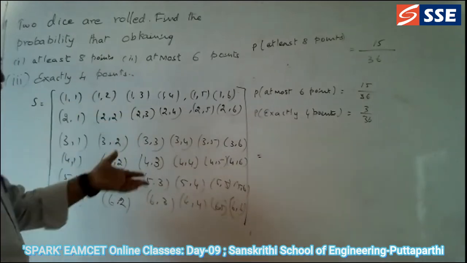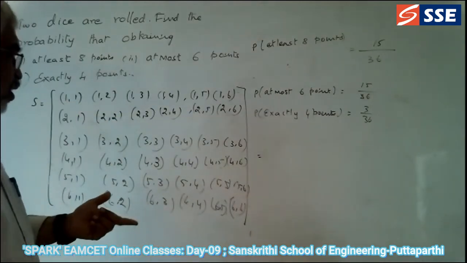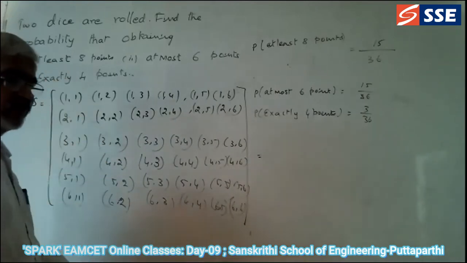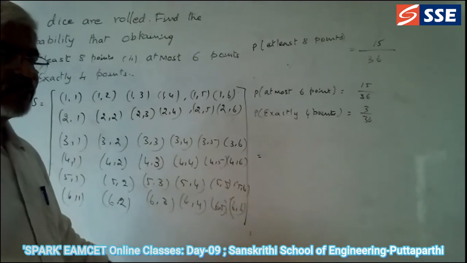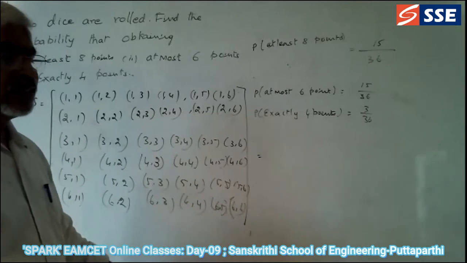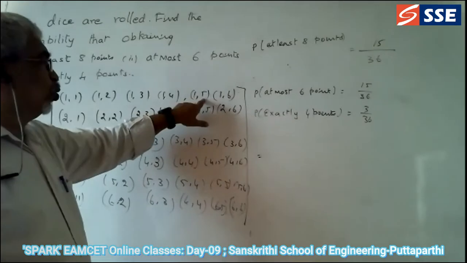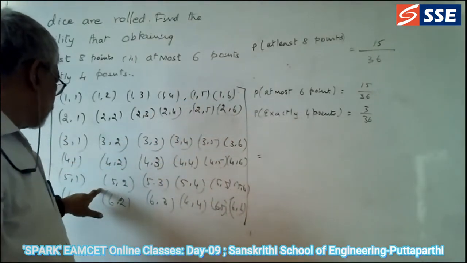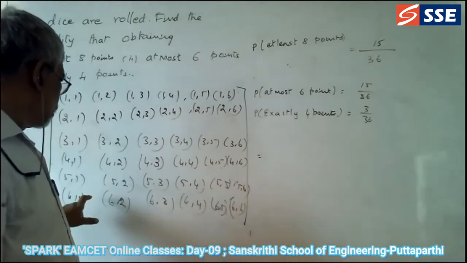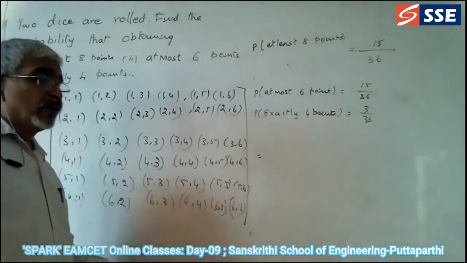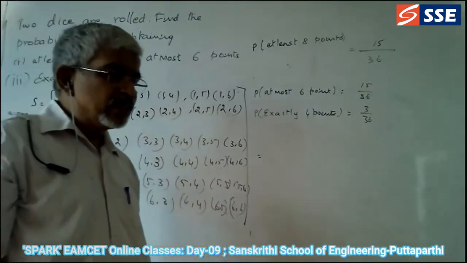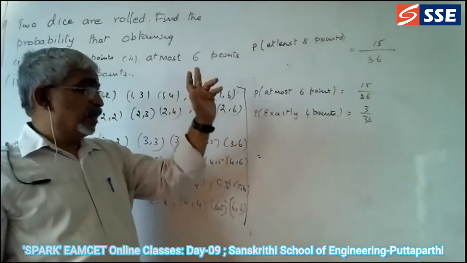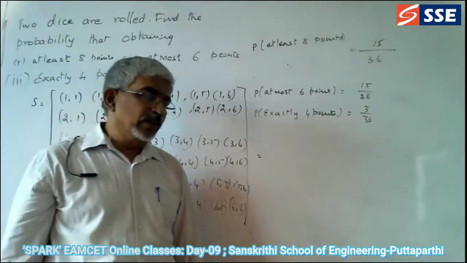Now I can ask some questions straight away. I will ask now so that you can find at least 6 points. At least 6 points, you have to find it here: 2, 3, 4, 5, 6, 7. So you will have 7 from 2. So like this, you can find it. First find any 10 plus 1 and subtract this by 1. That value you will get as the answer.